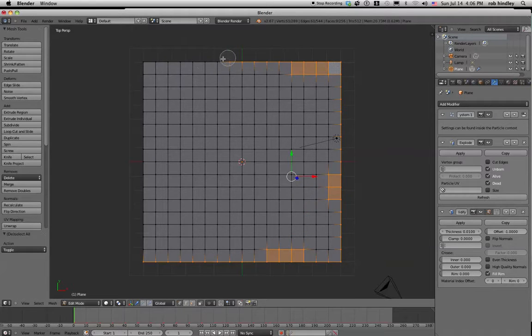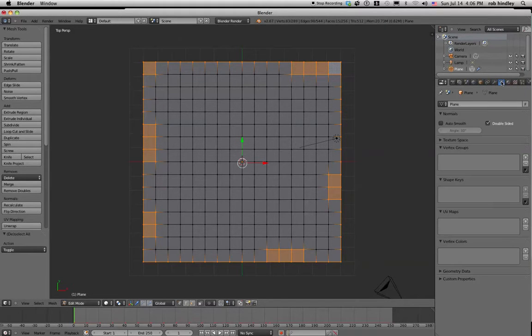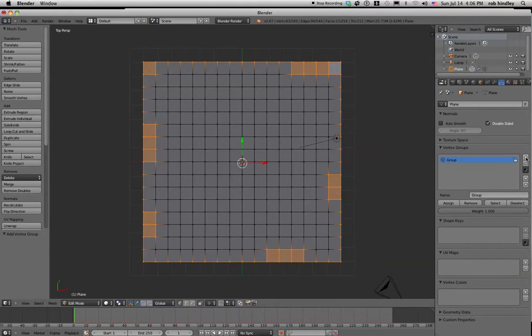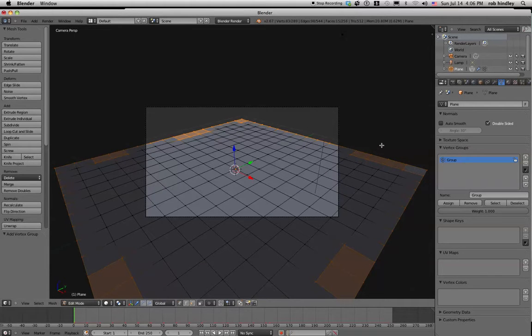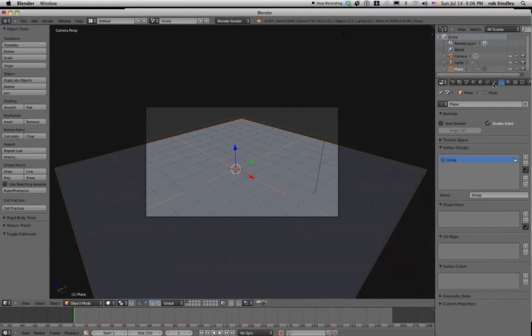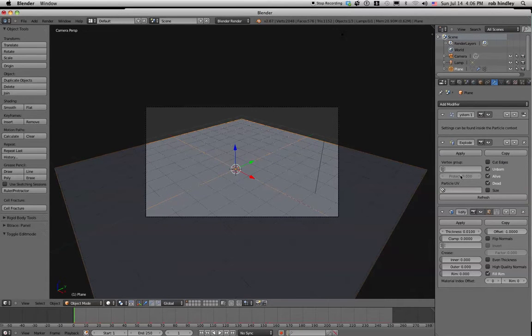vertices on the outside, like so, just really random, and hit the return key again, and go to object data, vertex groups, hit the plus key, and remember to assign it to those vertices. Click the assign here. So if we go back, hit 0 on the number pad and go back into object mode, then we need to go back to the explode modifier, vertex group, add the vertex group and give it a protection of 1, and then